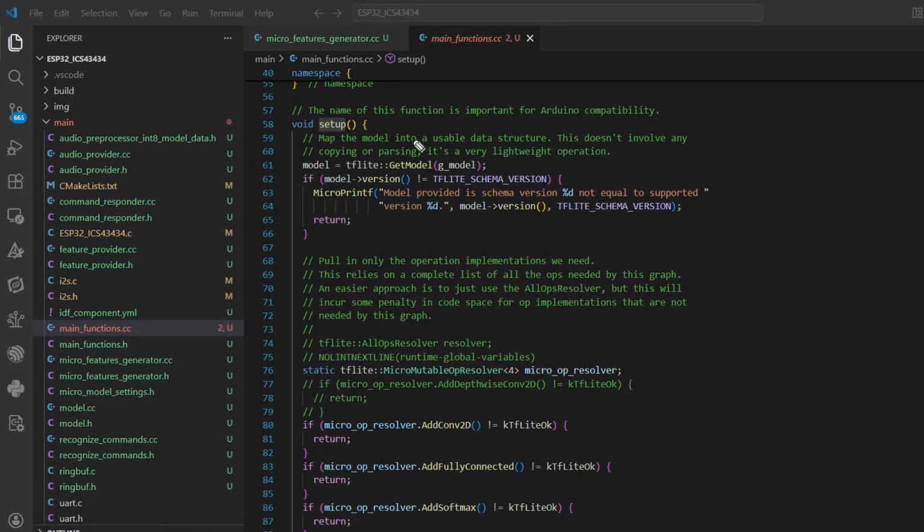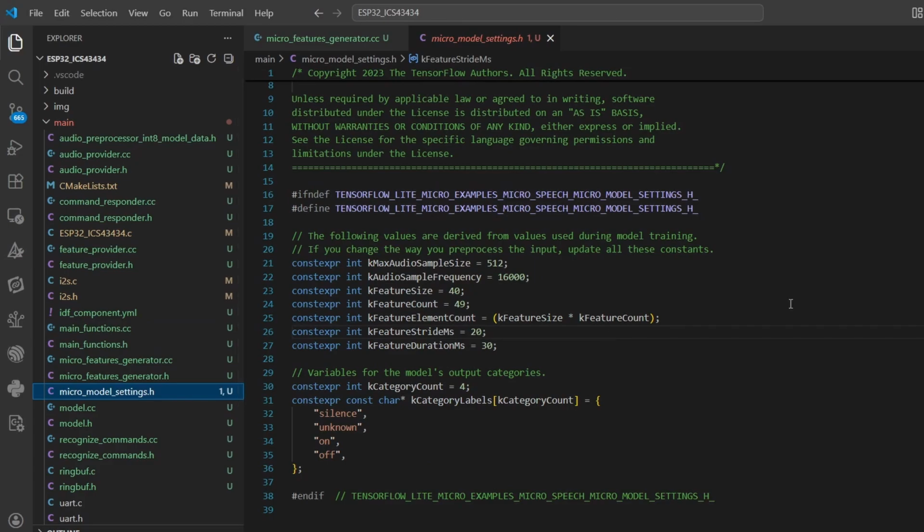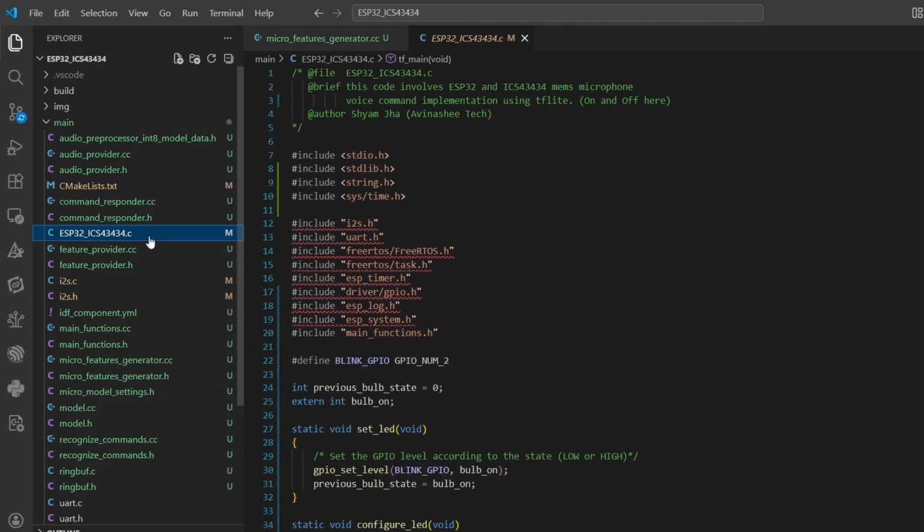Now, the main functions.cc file is where we have a setup and loop kind of structure, similar to Arduino style. This is mainly done to make TensorFlow Lite Micro work in a familiar pattern, especially for embedded developers. Next, the micro model settings.h file contains all the important parameters related to the trained model. Let's open